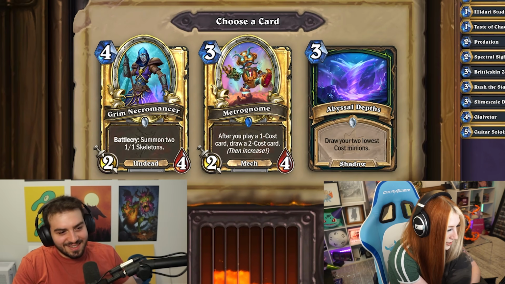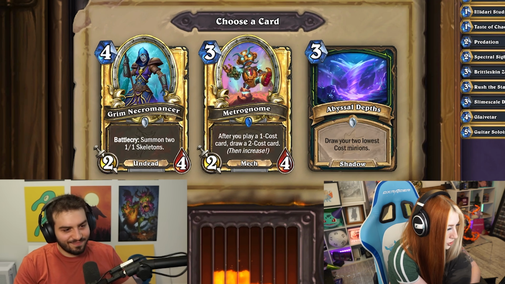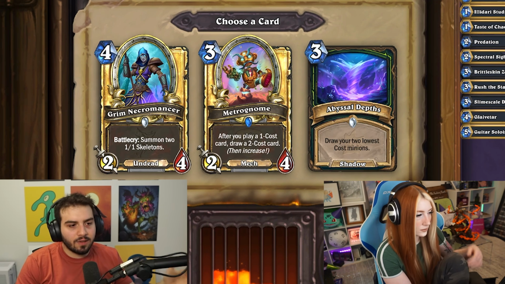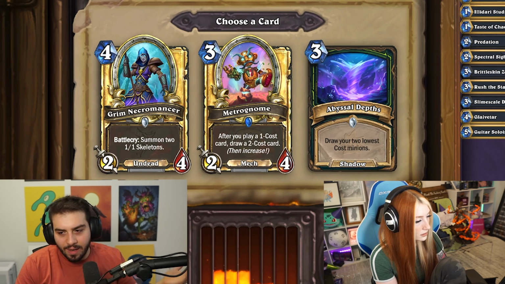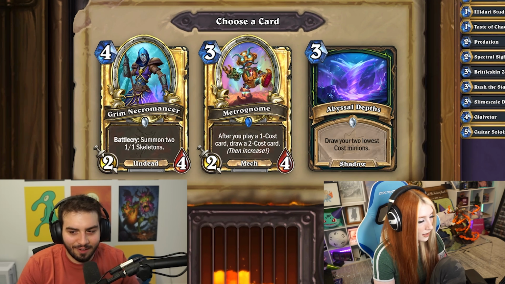Metronome. After 3 mana, 2/4. After you play a 1-cost card, draw a 2-cost card, then increase. So it'll go from you play a 1-cost card, you draw a 2-cost card, but then it'll say after you play a 2-cost card, you draw a 3-cost card. And that will stay on this thing and it will keep going? It will keep going up until basically you hit 10 mana. The chances of you actually getting there in Arena seem very unlikely, but...